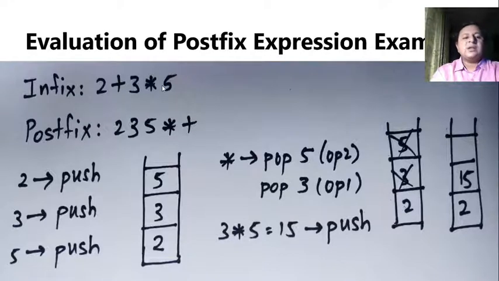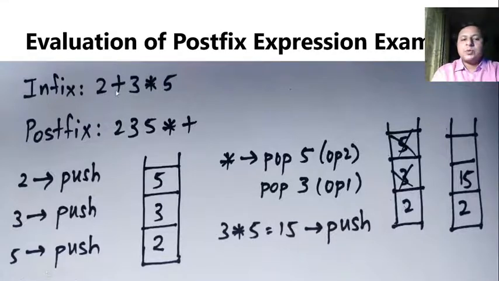So I have an infix expression, let's say 2 plus 3 into 5. Now here the very simple assumption that we go for is we would be having operands which are only single digit. Okay. Now we can obviously work towards it and we can get rid of this assumption as well. But currently we will go with the assumption so it becomes easy for all of you to understand.